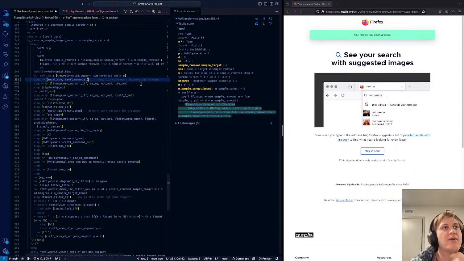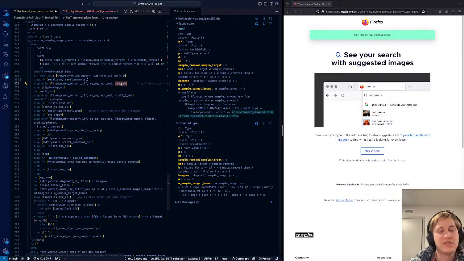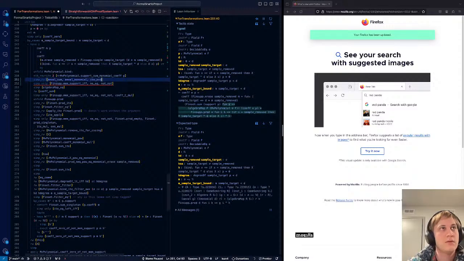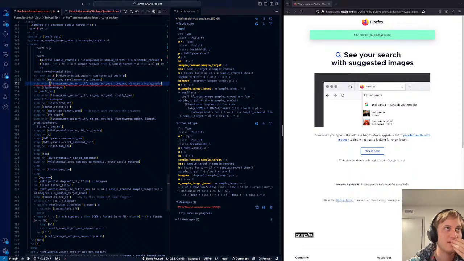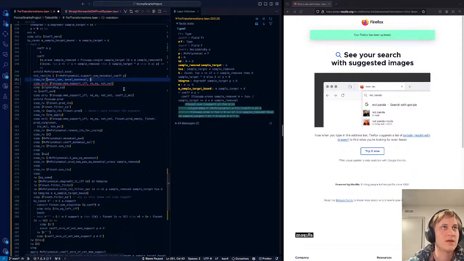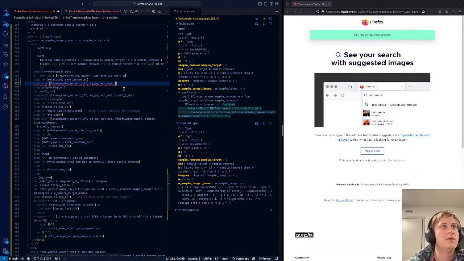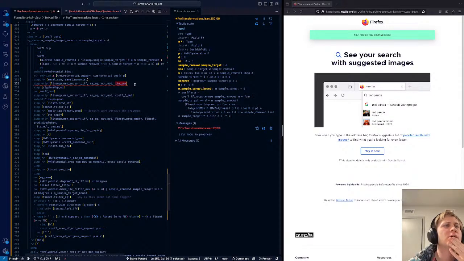Okay, so the question now is, what is the order in which these things have been applied? That doesn't look like what is happening. What looks like is being applied first here is this. Of course, that is not actually what's being applied first. Okay, undo. What is going on here? If then else pow.